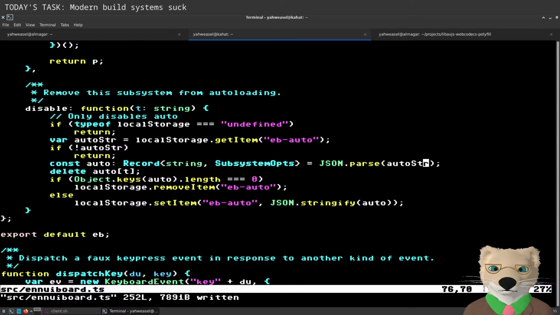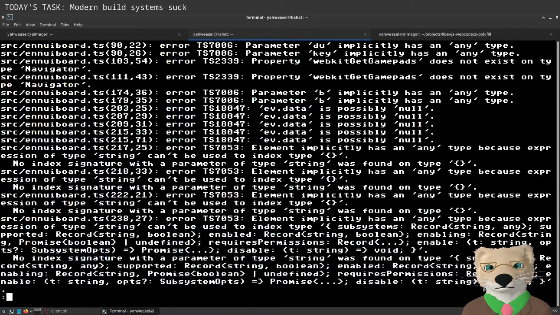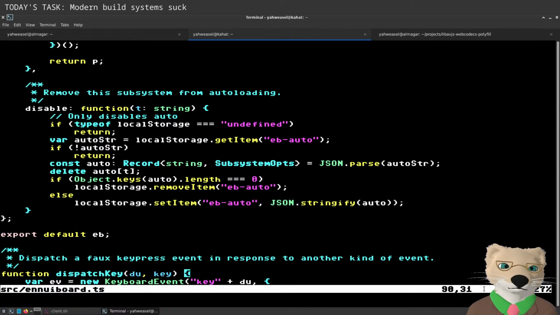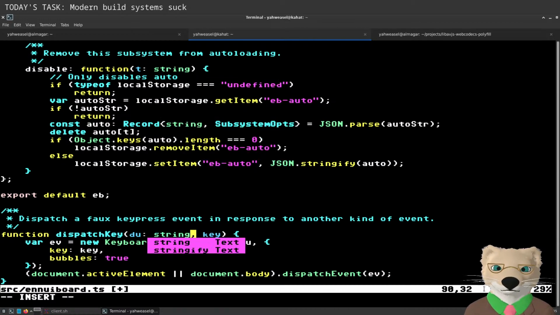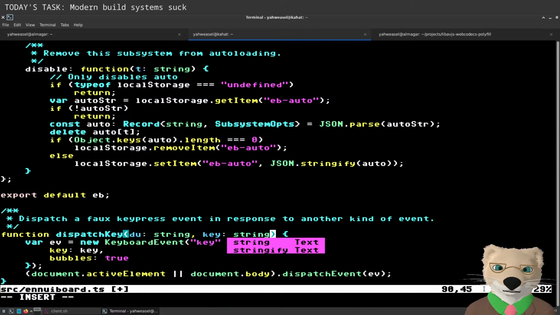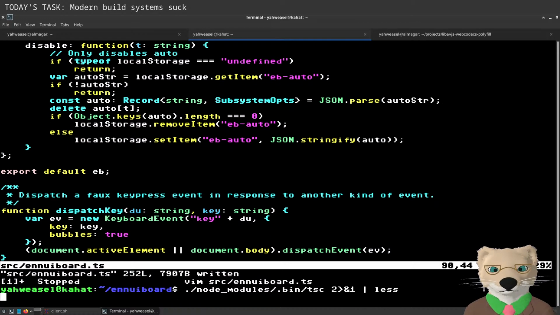Oops. Indeed. I think they're both keys. Or both keys. I think they're both strings. Yes.